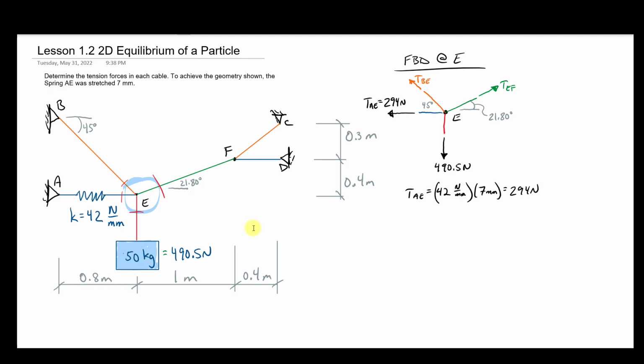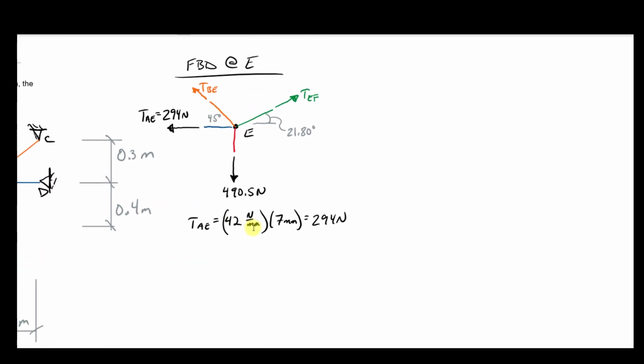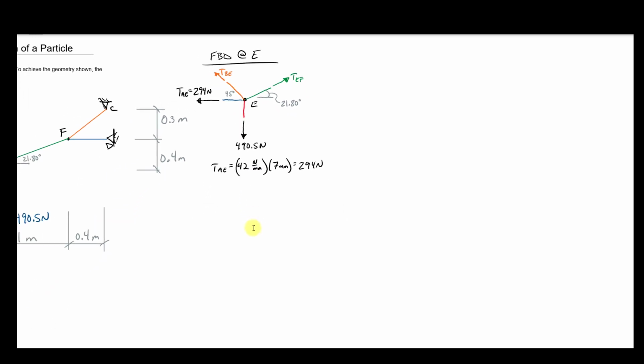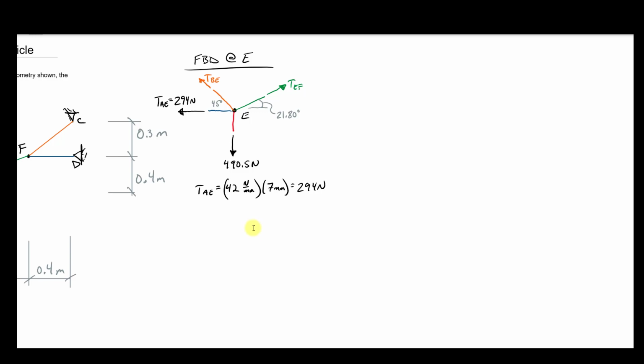So I'm looking at this free body. If you look, quite honestly, I don't have to look back at my other picture anymore, the overall structure, at least for now. I can work purely with this free body. It's complete. It followed the 3 rules that I was talking about, and I can actually use this and solve it. So I will now write my equations of equilibrium that develop at this free body. I'll put it right next to this diagram so that it all makes sense when I go back and look at my work and whatnot. So what can I do here? Every problem is going to be a little different. I think this one here,